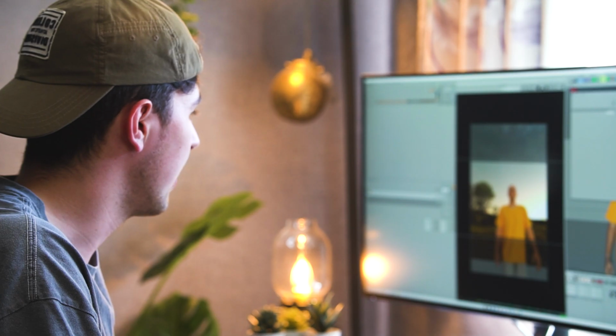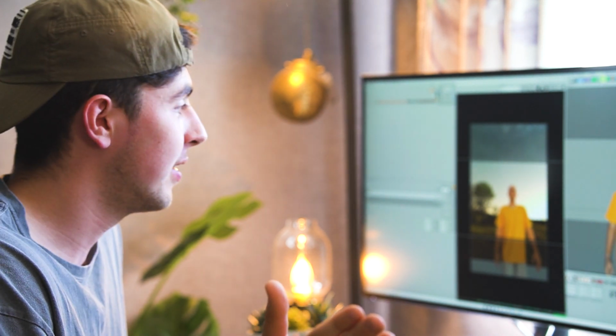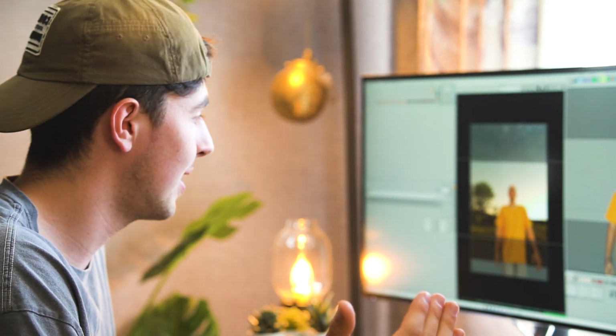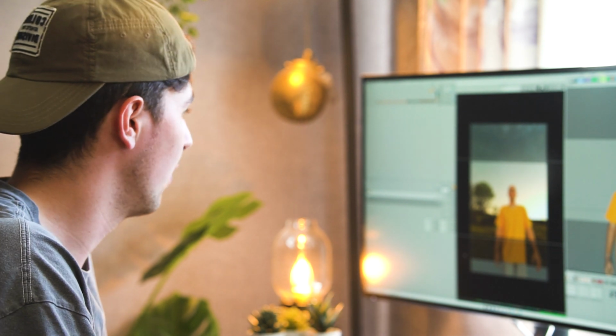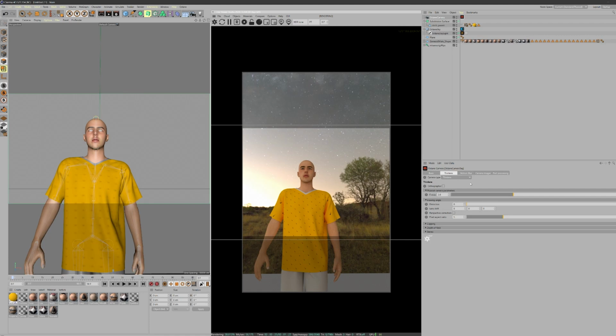Cool. Right, so obviously within that texture node you can add in the material, the cloth, you can do so much more, but this is going to be a longer tutorial, so I don't want to run into that. Obviously, let me know in the comment section below if that is something that you want to see, and I can run through that. So last but not least, let's add in a camera here and make this a tiny bit more